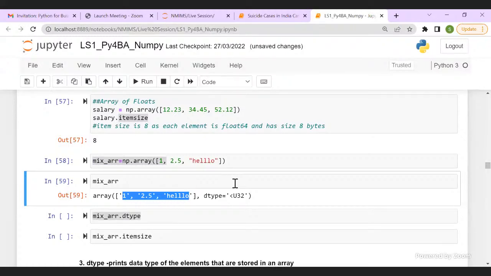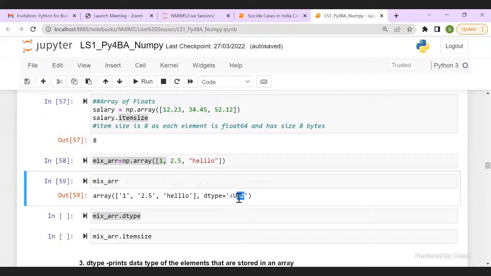What you see here, data type as U32, means Unicode with 32-character length. Sometimes you see U10, sometimes you see U46. It's basically the size it is assigning to my string data type.